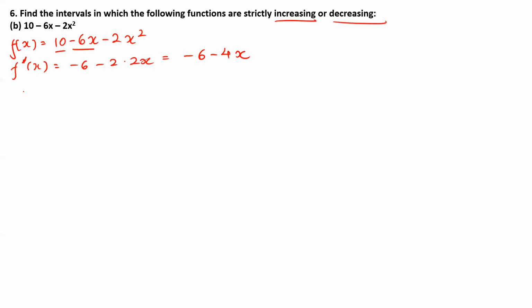Now if my differentiation is 0, f dash x is 0, that means minus 6 minus 4x is equal to 0. In that case, 4x is equal to minus 6, and x is equal to minus 3 by 2. Once you find this, we get only a single value of x. Single value of x, that means this x is equal to minus 3 by 2 divides